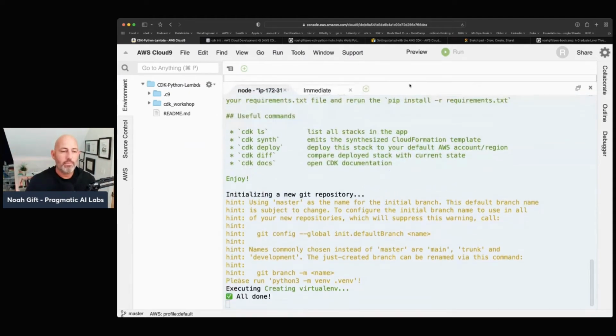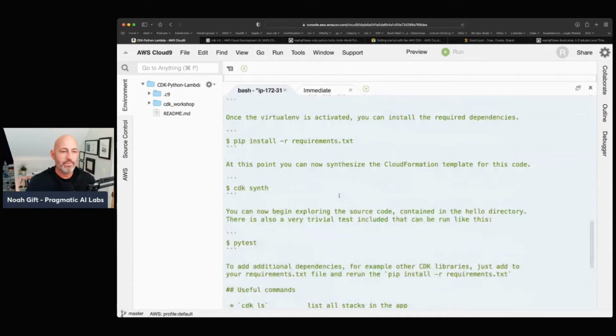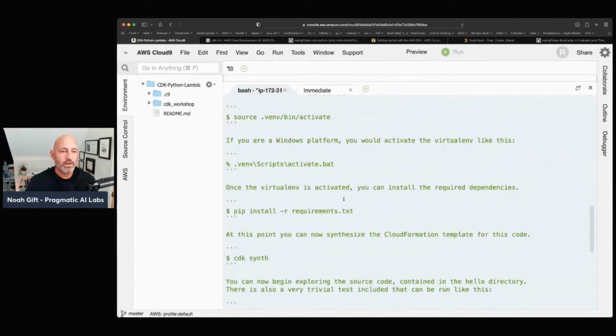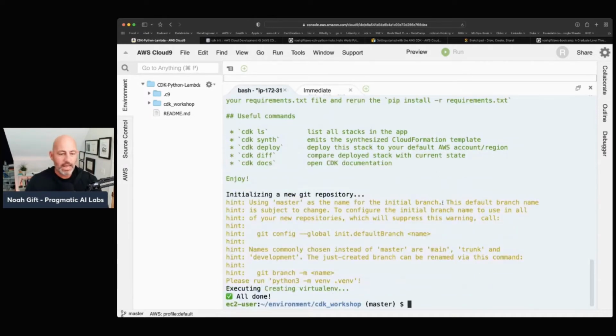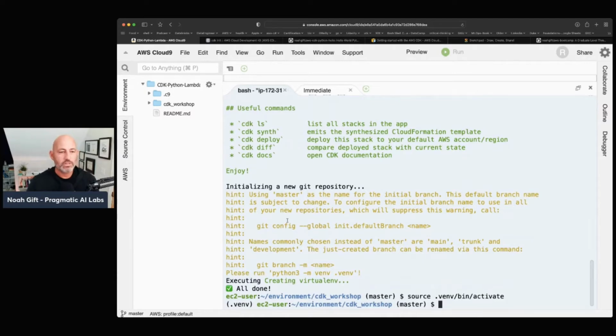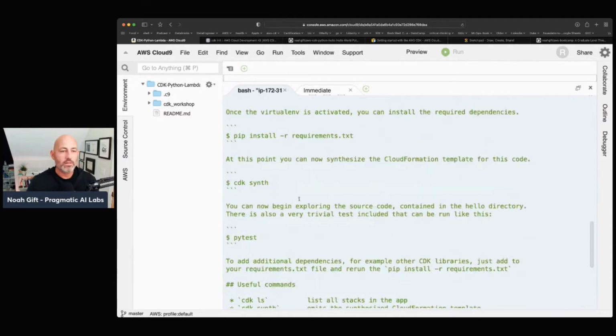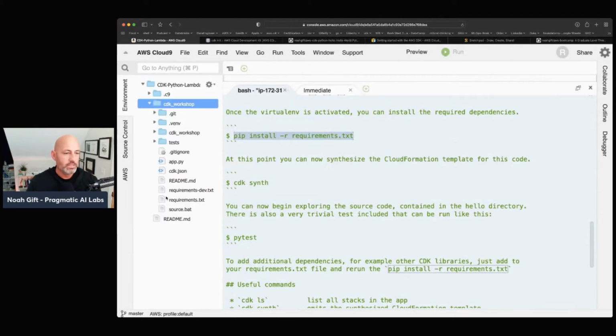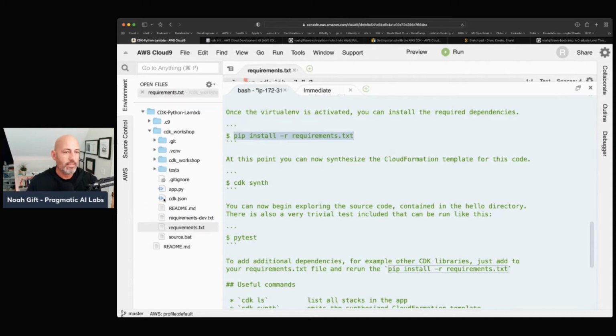And again, we would want to pay attention to all the things that are happening, and notice that it created a virtual environment for us, which is a place for us to use the code. I'm going to have to go through here and source it. Now that it's sourced, I can do a pip install, which is this command. And if we look inside of this workshop directory here, you can see this requirements.txt file. It has the packages that are important.